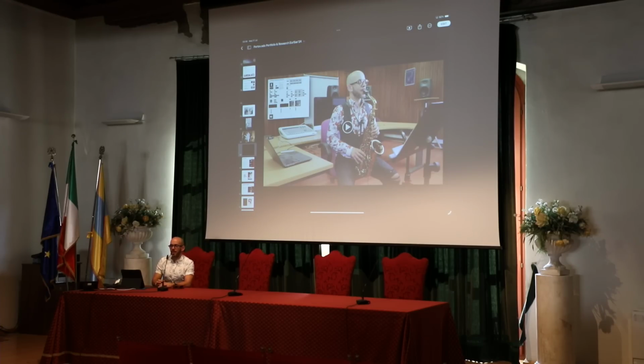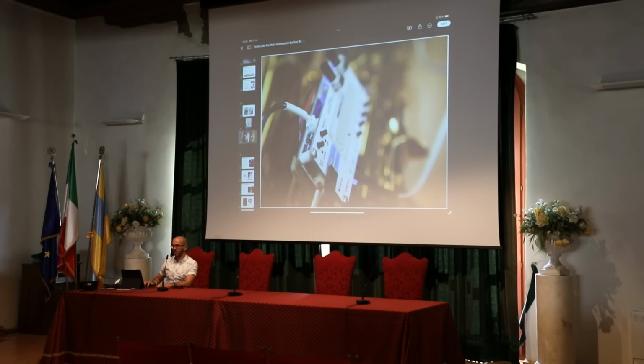No, so this system is controlling software. It's MIDI. It sends MIDI information, so this doesn't process any audio. This is just a microcontroller analyzing the data from the sensors.